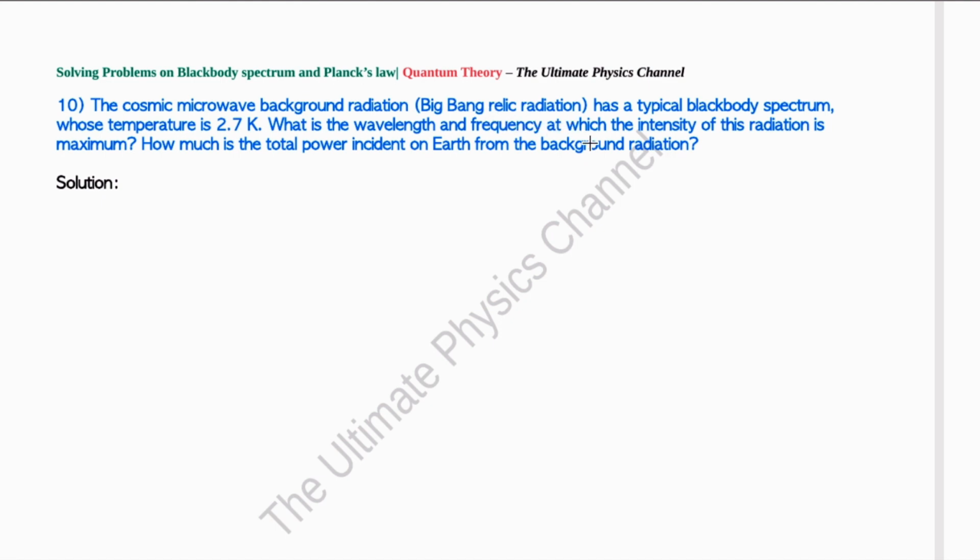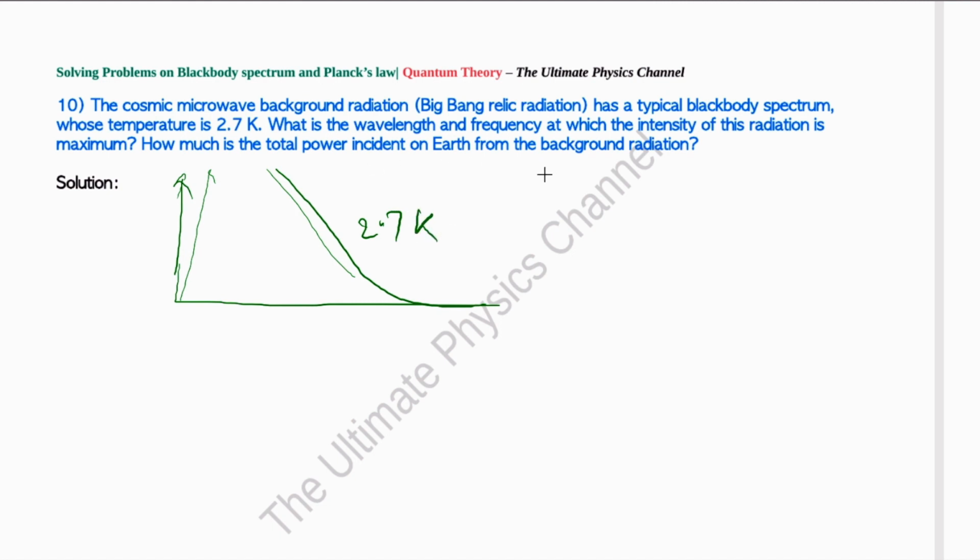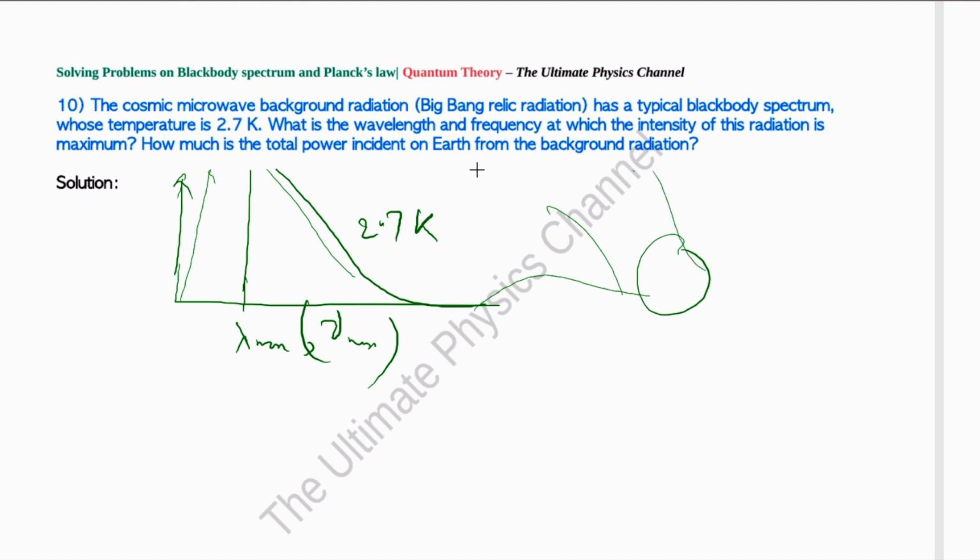The cosmic microwave background radiation, which is a relic from the Big Bang, right? So it's a Big Bang relic radiation, has a typical blackbody spectrum whose temperature is 2.7 Kelvin. What is the wavelength and frequency in which the intensity of this radiation is maximum? That is the lambda max, and the corresponding nu max also we can calculate. How much is the total power incident on Earth from this background radiation? So it is uniform, isotropic in all directions, and Earth is receiving this radiation. And how much is the power of that radiation? That is a question here,